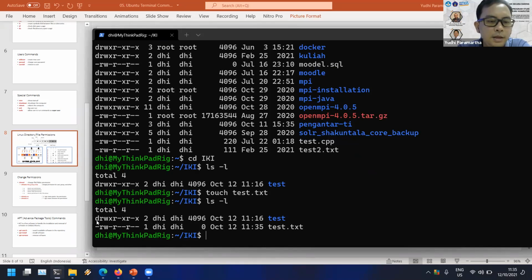For example, D is for the directory, as we mentioned before, and then the first 3 characters are for the owner permission. Okay, so the owner has the permission to read, write, and execute. That's for owner permission. And then the group permission could only read the file and execute the file, but cannot write the file.